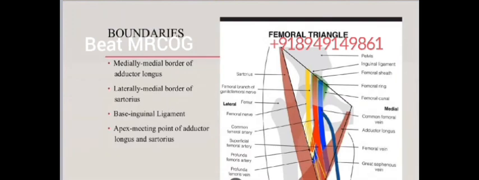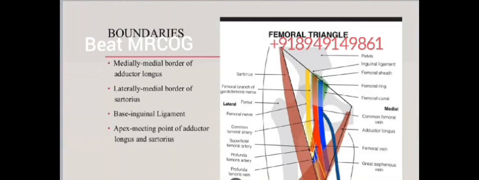As you can see in this diagram, it is a triangular depression. This is the pelvis and this is the inguinal ligament, and below the inguinal ligament is a triangular depression, as you can clearly see in this diagram. So what are the boundaries? Medially it is formed by the medial border of the adductor longus muscle. Laterally it is formed by the medial border of the sartorius muscle. Above it is formed by the inguinal ligament, and the apex is formed by the meeting point of both muscles,